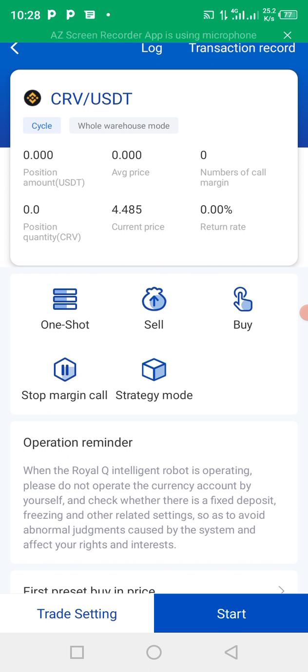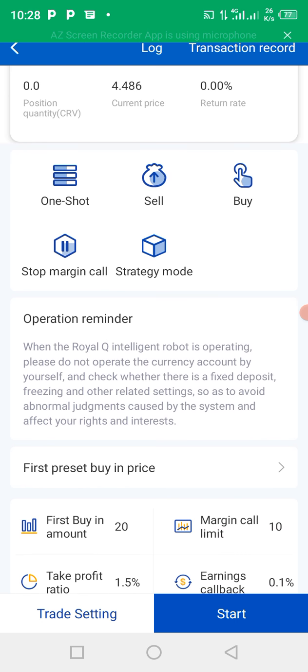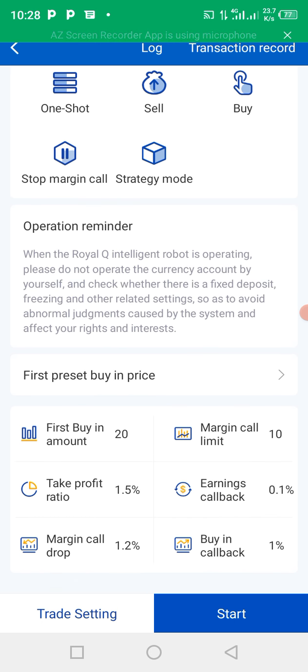But there is something you do when you see that it's buying and selling, buying and selling, and the price has come up. You can now turn it to one shot so that after that sale is out, you can be able to trade other coins. Okay, so when you have done this, you can now click on start. When you click on start, you click on confirm, and